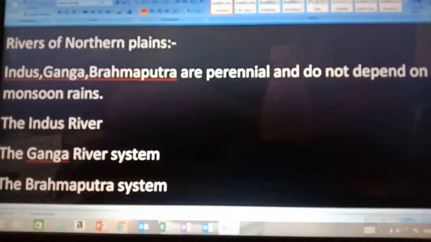The ones coming from the north are Ganga, Yamuna, Gomti, Ghagra, Gandak and Kosi, and the ones coming from the south are Chambal, Damodar, Betwa and Son.